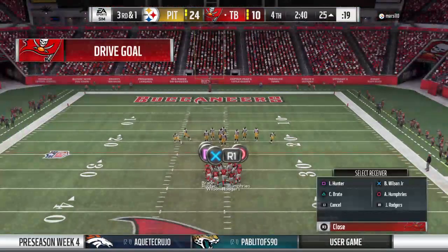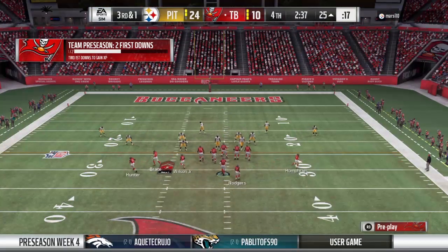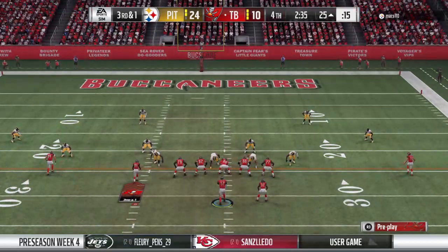The Bucs on 3rd down. They're right at about the league average, 40%, 4 for 10. They need just a yard here. It's 3rd and 1. Green, 39. All right,